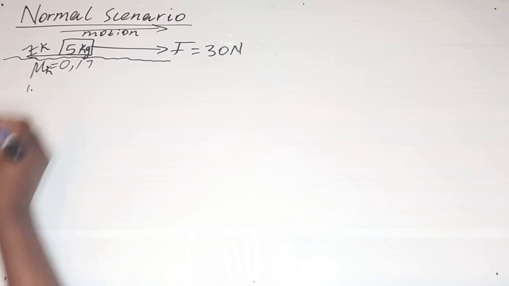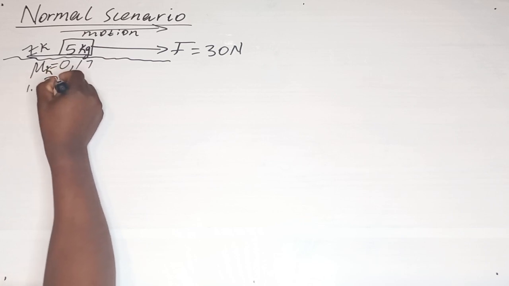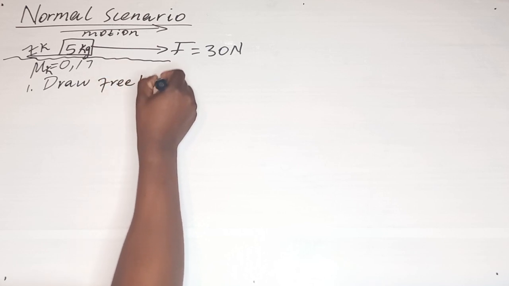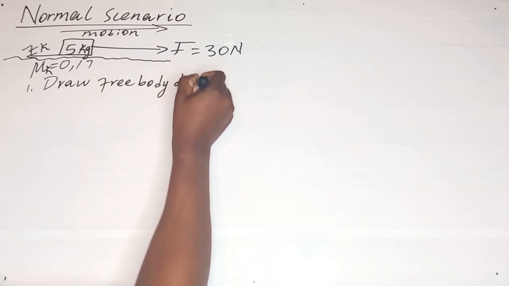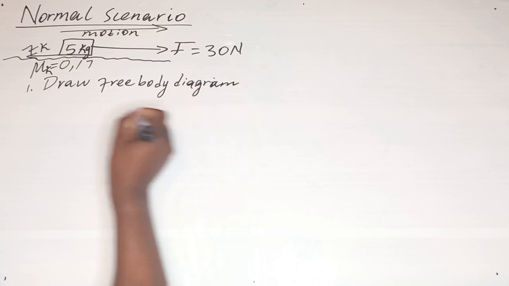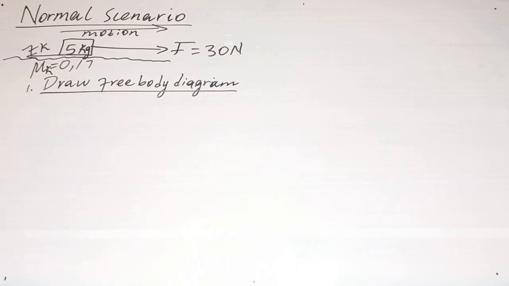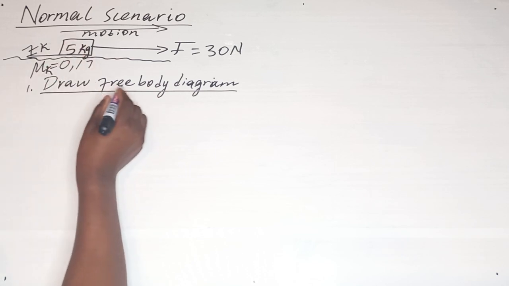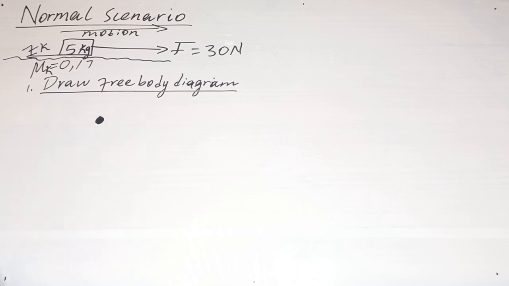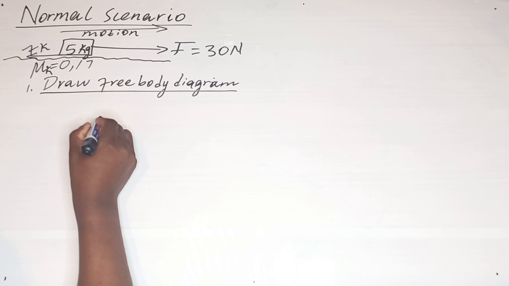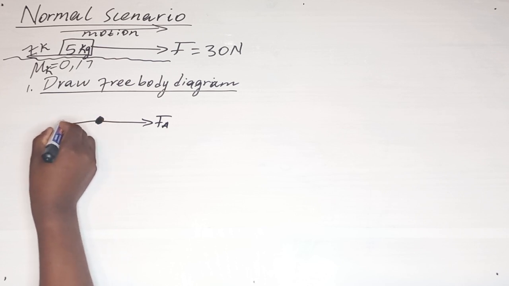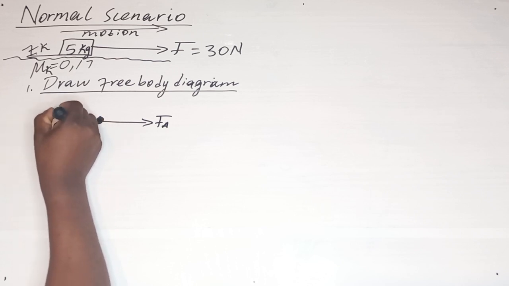So first question, let us say they say draw a free body diagram of the above block. So normally the free body, we normally represent it with just a dot. With the obvious forces, we are having these two forces. The applied force is going to the right, applied horizontally, and then we are having Fk, which is kinetic